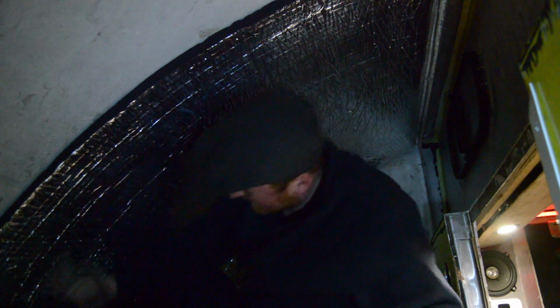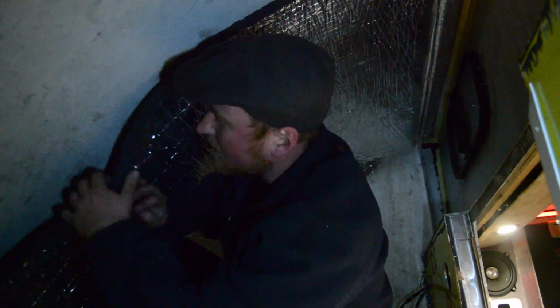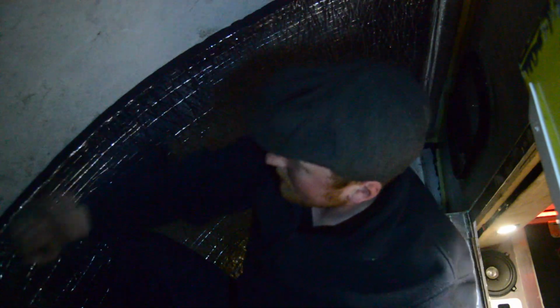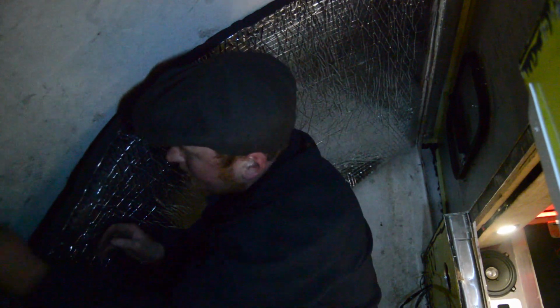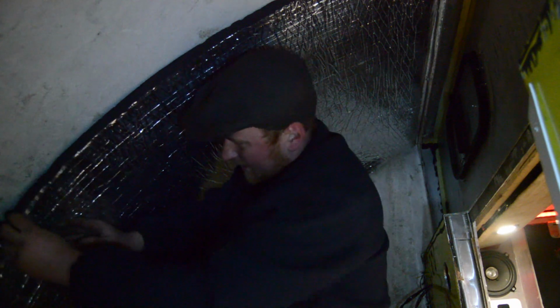Getting a bit of heat up here will help it stay. It's starting to take, I think. Why? This is terrible. Why are you no glue there? Absolutely nil point. Oh dear. But on the plus side, one sheet's done, another one will do over to there, and that'll